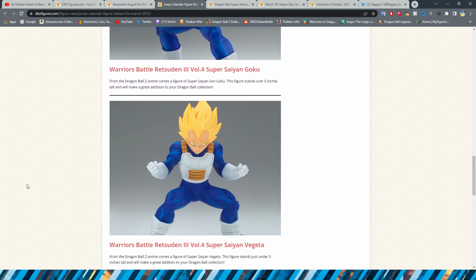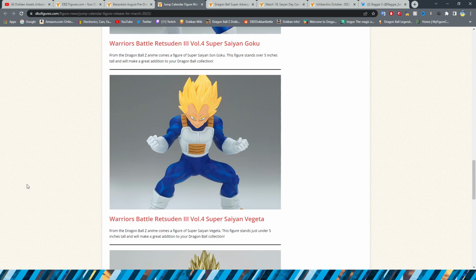And we also have the Super Saiyan version of Vegeta from the same set. It's interesting because I think base form Goku and Gohan were in one set, but then base Vegeta was in with another character, and then they released Gohan with somebody else, unless I'm confusing it. I don't remember, but it was really weird that they didn't just do Gohan and Goku, and they stuck Vegeta in the middle of it. But I guess it's because it's this armor set. It's kind of weird that they didn't do an armored Trunks, but maybe that's because the Solid Edge Works one came out, I think, last year now, even though that one's kind of awful. Anyway, though,